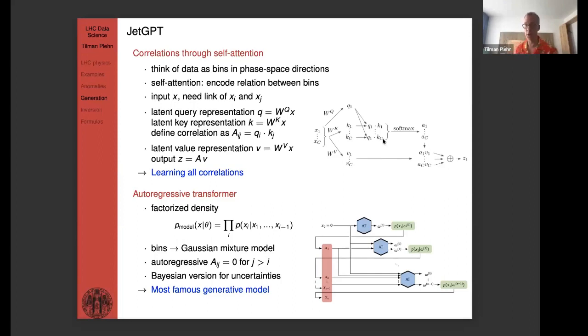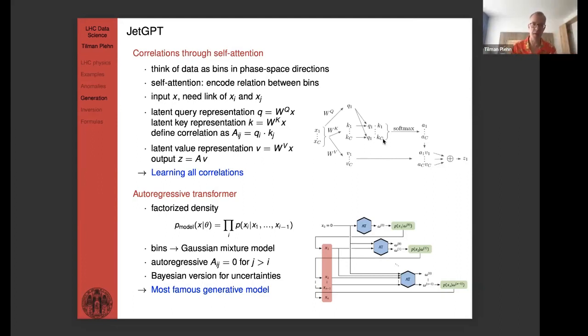Right. So you have some stuff that you understand really well and that you put early, and the stuff where everything just looks the same, where the network has just to learn that PT is just a power law, you put to the end, because this is the same everywhere and there's no structure in that. So this is the potential benefit of these transformers. Yeah. So technically the thing that we do is for LHC events, we replace our bins by Gaussian mixtures in phase space. Okay, that makes them fewer, right?